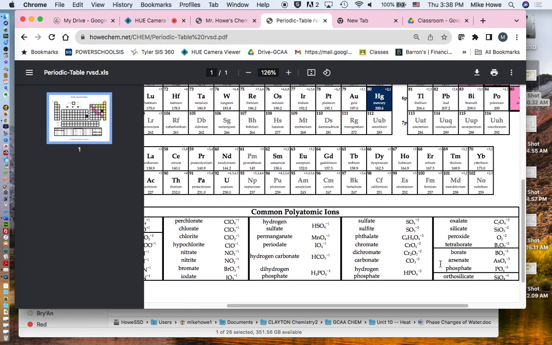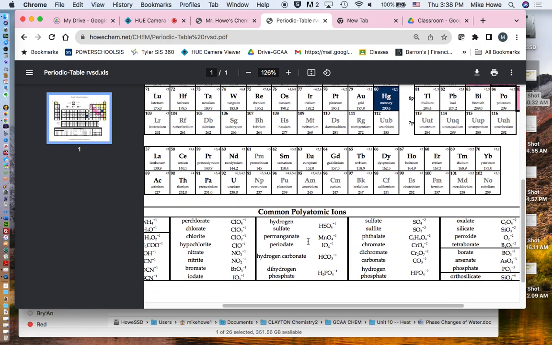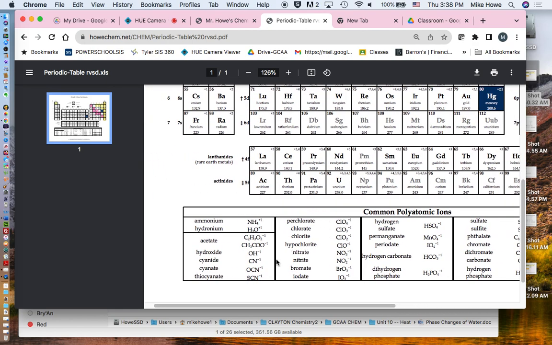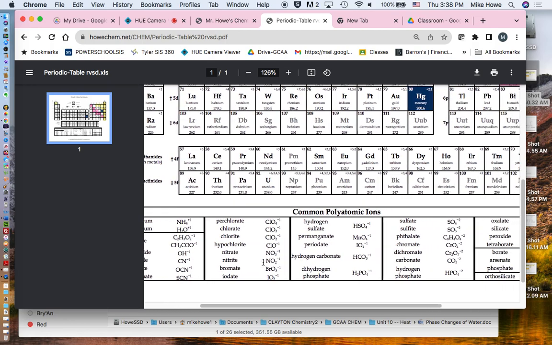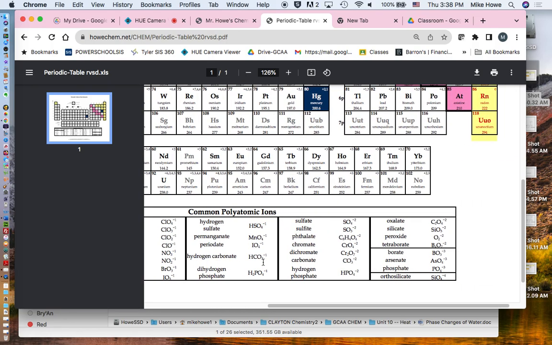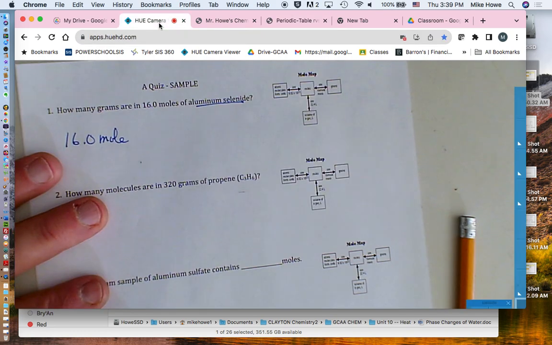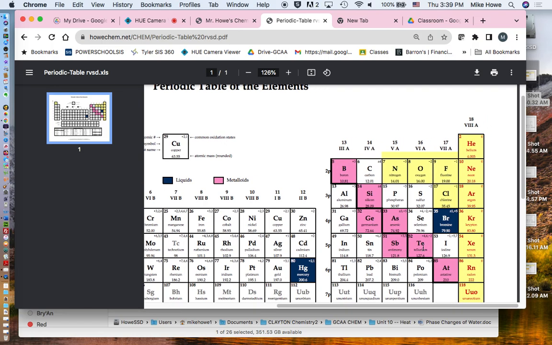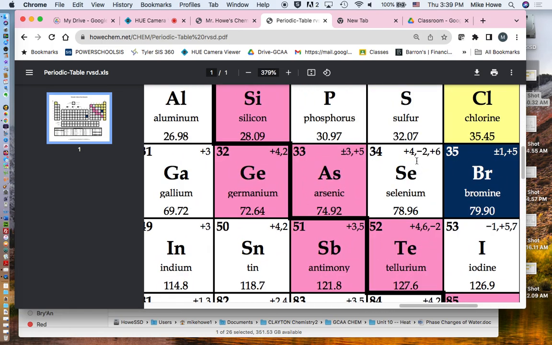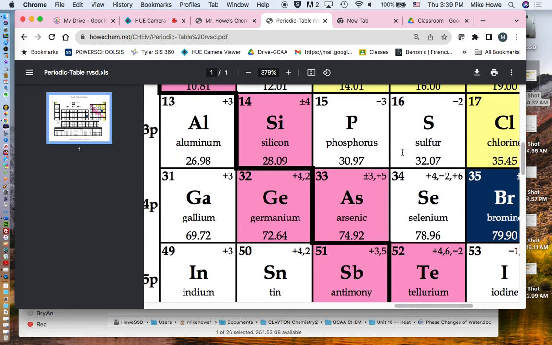All of these guys down here end in ATE down at the bottom, except for a couple of things like hydroxide and cyanide. But the vast majority of these guys down here end in ATE. So when you see IDE, then you think you need to go to the top. So this says IDE, and it's selenide, so that would be selenium. So you look here, and selenium is over here with these possible charges. And the first element was aluminum, which is this. So aluminum selenide